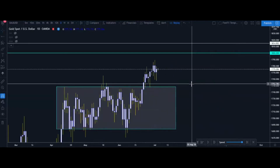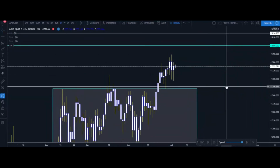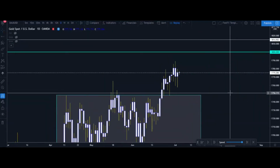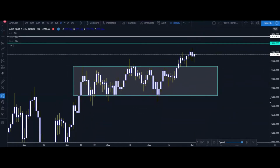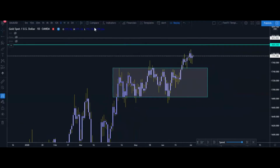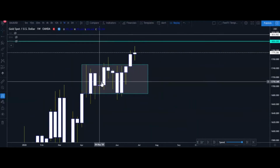For the ones that have watched our weekend wisdom, this is going to be basically the same as I showed you last time, so you know already the setup that I put in place. But for the ones that haven't watched our weekend wisdom, basically what I've done is I've been focusing on the higher time frame, which was the daily, and starting from the weekly, as you can see, we had a consolidation,